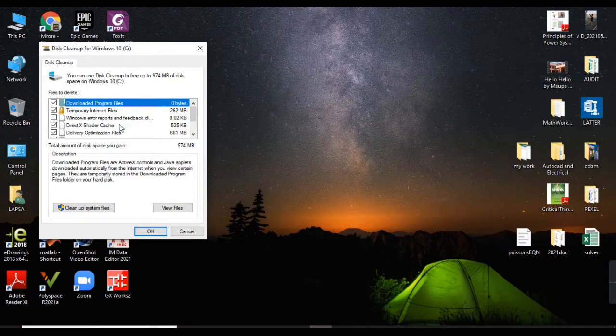As you can see, some items need to be cleaned, so everything here you have to check, because these are temporary files that get created whenever we are working on our machine. Then after checking all of them, you can see the total space that is getting created, around 974,